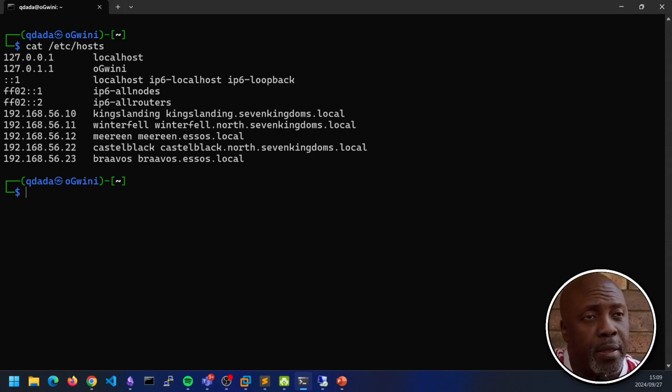We interacted a little bit with Winterfell, and that's when we were able to do a null session, and on Winterfell, we were able to find the creds for Samuel Tally. So what we're going to do now is see how we can use the creds for Samuel Tally to do further enumeration.